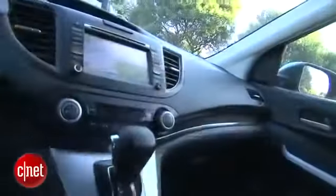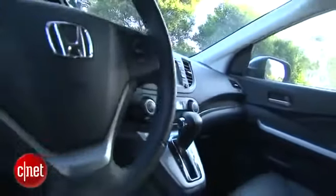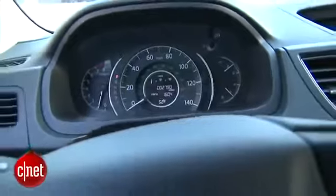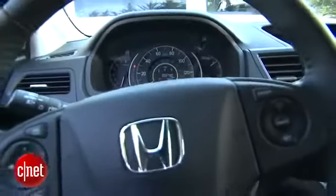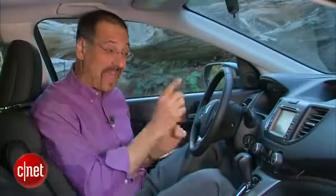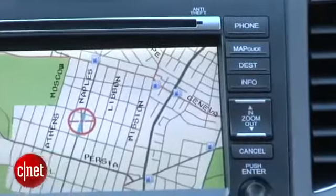Now, this new CR-V for 2012 starts about 23 grand, but that's not the CR-V we're in. We're in the top trim level with the top technology. This is an EXL with navigation, and only the EXL trim level can have navigation. Bear that in mind. You can't get an inexpensive CR-V and have that head unit, which might be okay, because